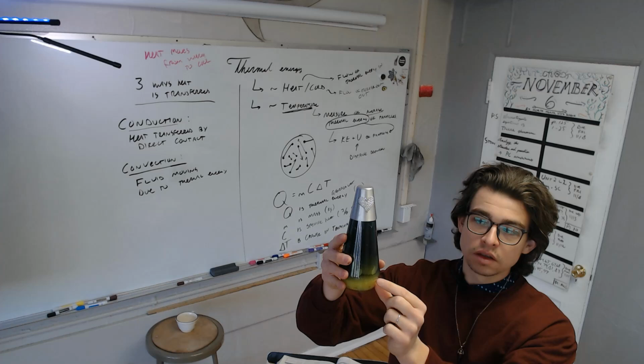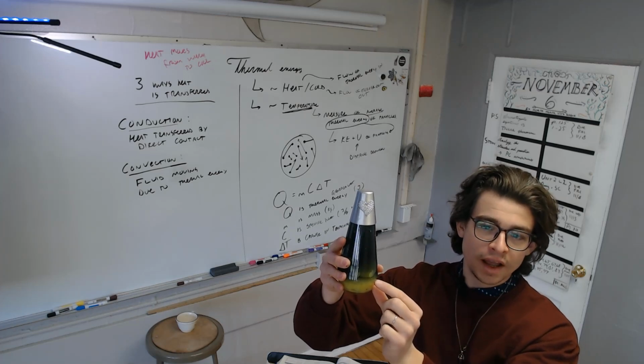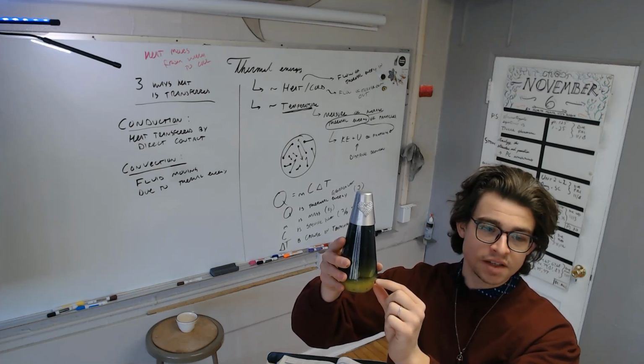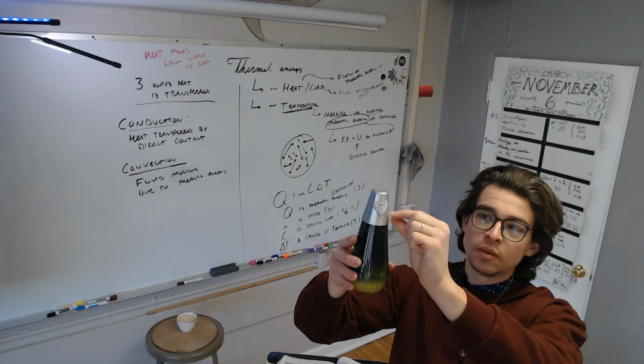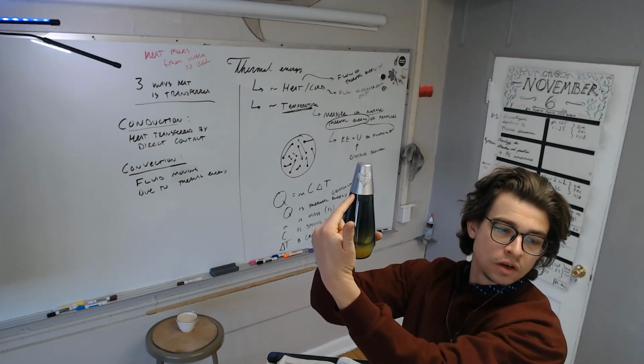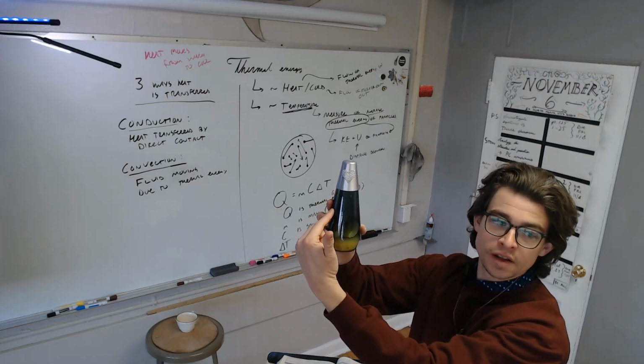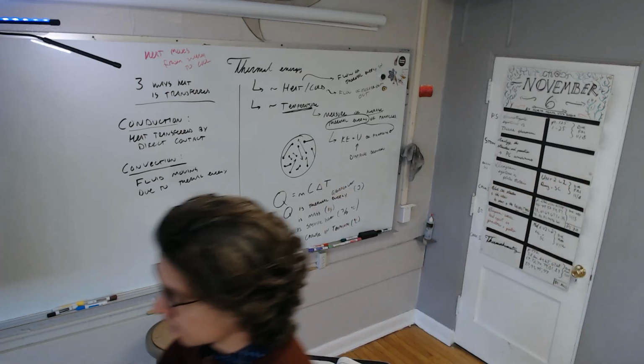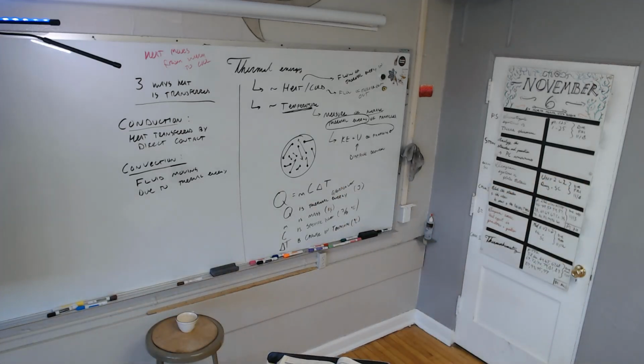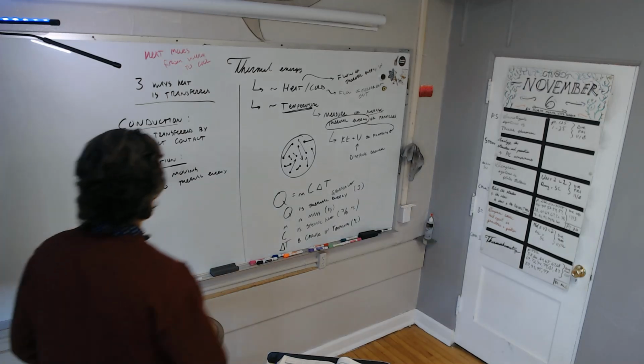And then that liquid becomes warmer and therefore less dense. And when it's less dense, it floats. And when it's up here, it becomes cooler and more dense. And so it sinks. And that pattern continues. I'm going to turn it on now, even though it's too late. That pattern continues and continues and continues, and that is convection.